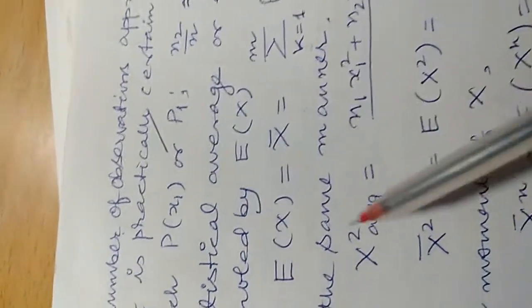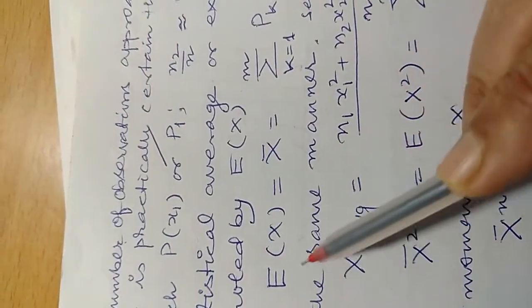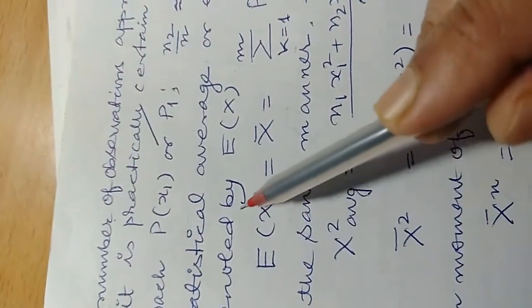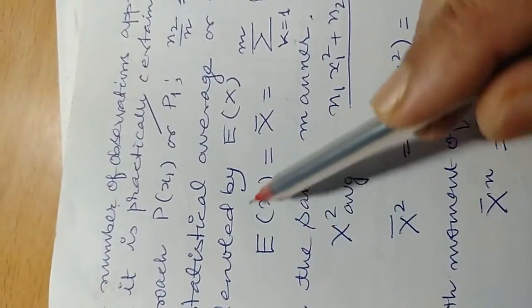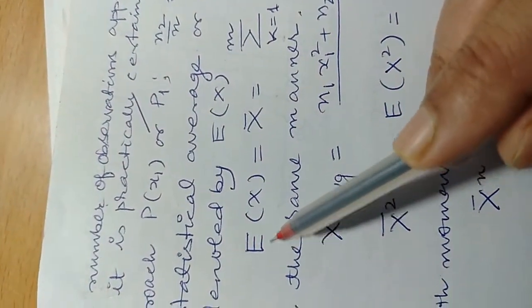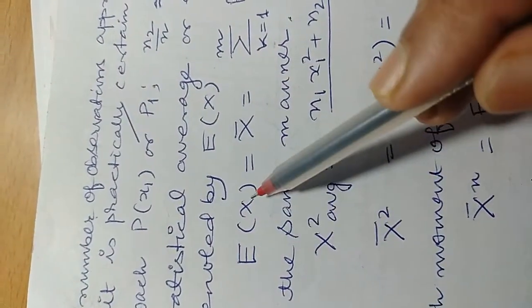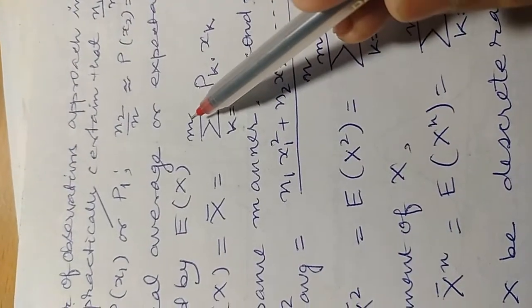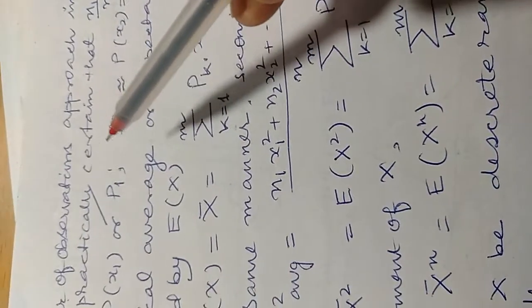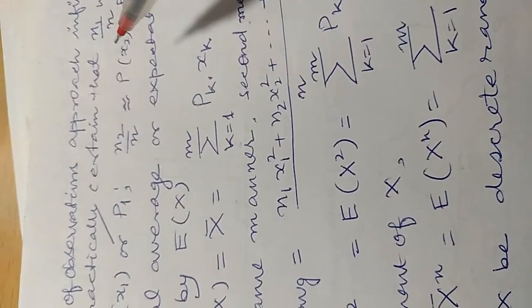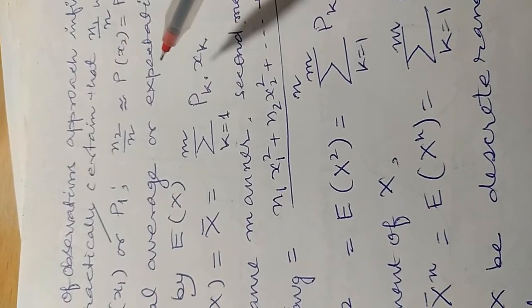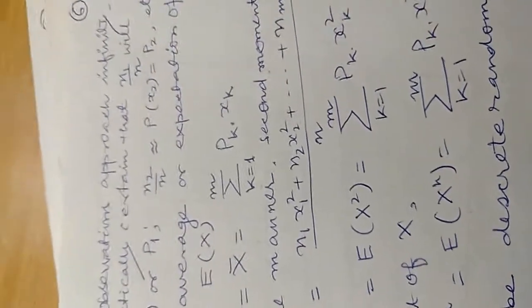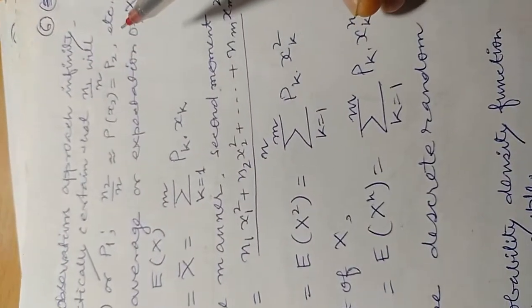that we can say that is E of x, the expectation. This mean can be written with the help of this notation. This is one of the terminologies: E of x is equal to x bar, the average value, with k equal to 1 to m. If we say that n1 divided by n is equal to p of x1, and n2 divided by n is the p of x2, likewise the probability of x3 is equal to